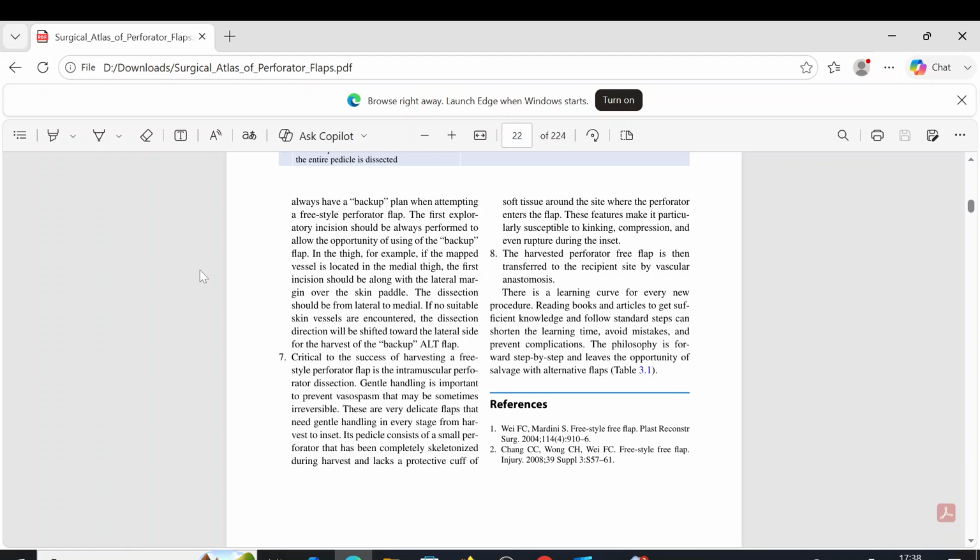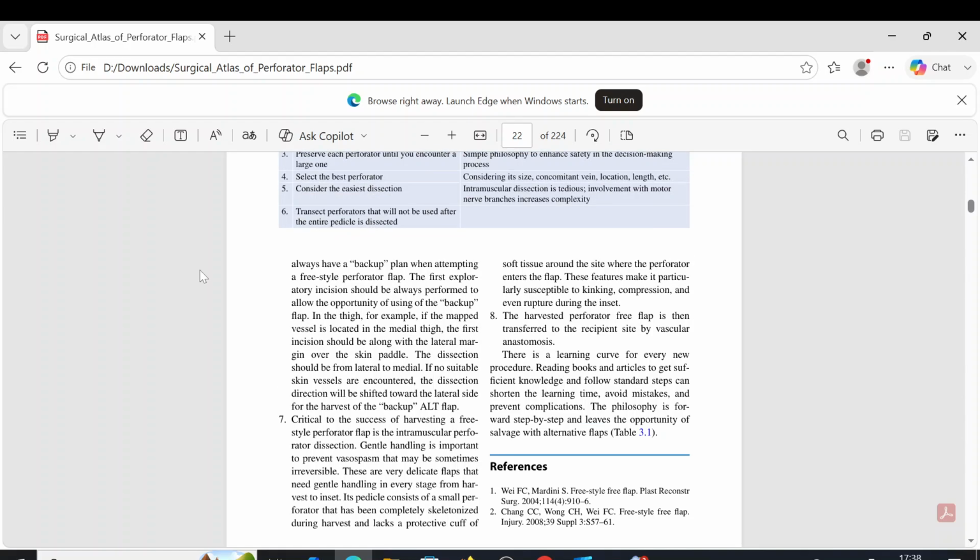Its pedicle consists of a small perforator that has been completely skeletonized during harvest and lacks a protective cuff of soft tissue around the site where the perforator enters the flap. These features make it particularly susceptible to kinking, compression, and even rupture during the inset. The harvested perforator free flap is then transferred to the recipient site by vascular anastomosis.